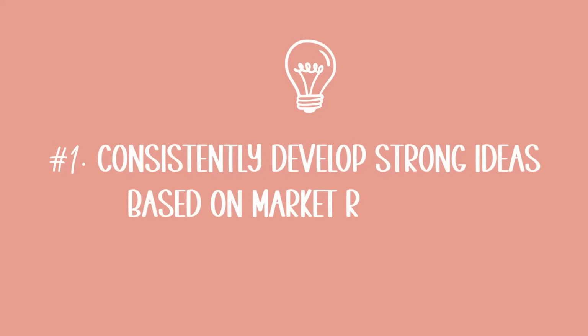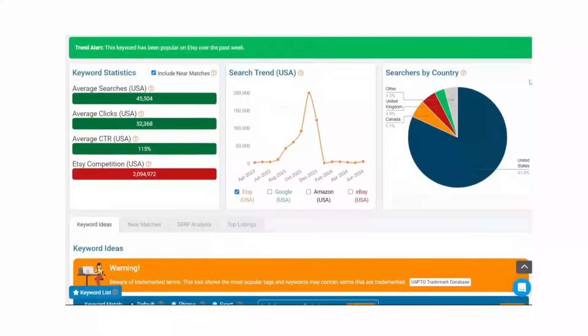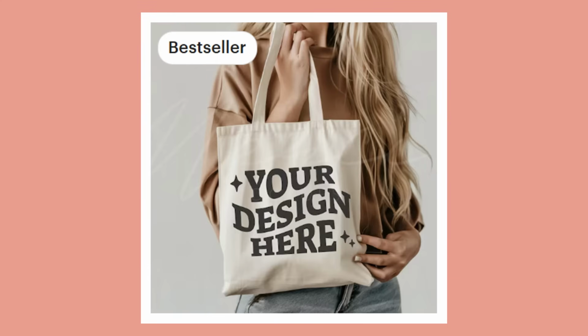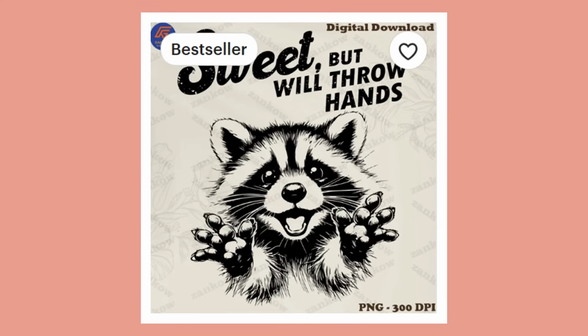You're not really going to get anywhere by just uploading design after design to your Etsy shop. You list designs and you get results by doing these 3 things consistently. 1, consistently develop strong ideas for your designs that are based on market research. The foundation of any great t-shirt, tote bag, mug, tumbler, PNG file, or any product that you're listing in your